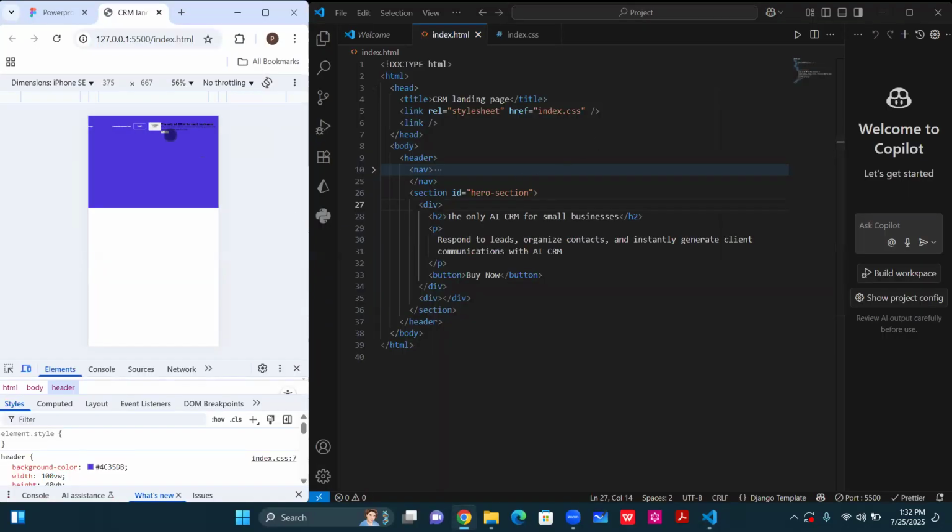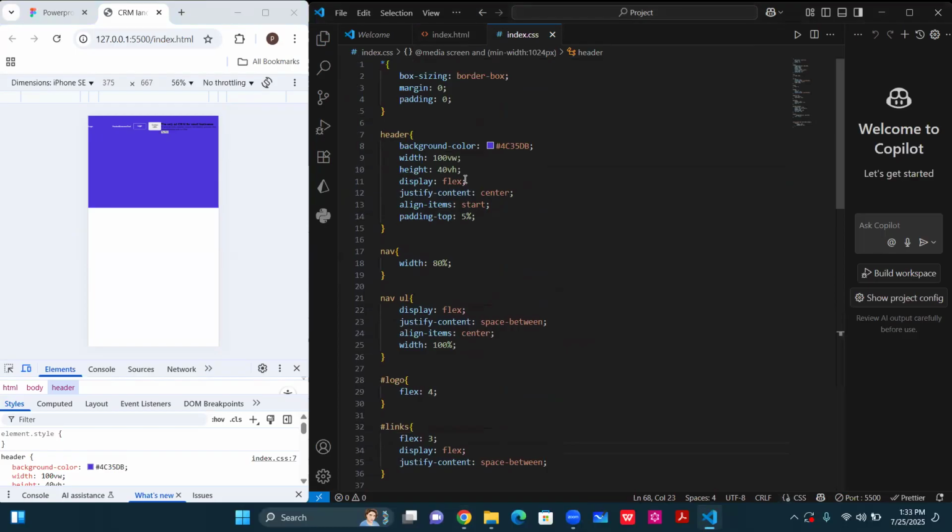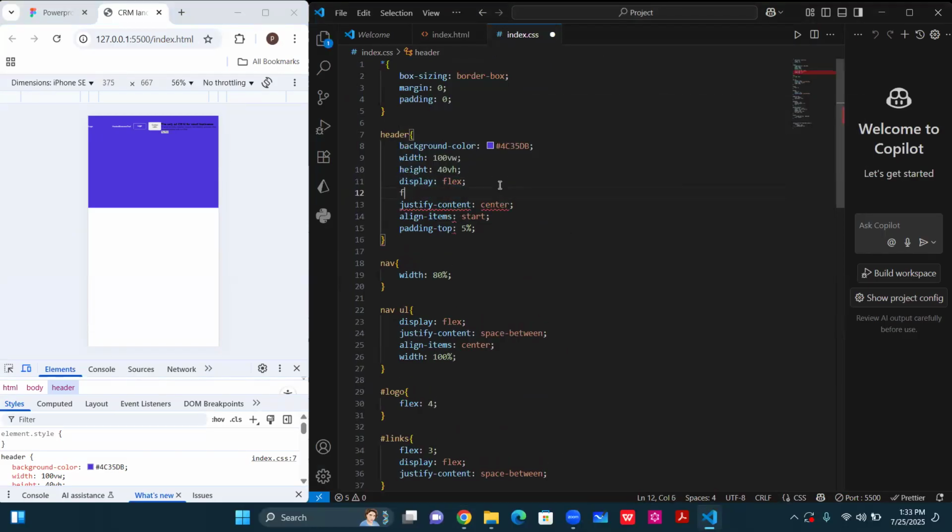Okay, so you see we have, look at where this guy is. This is interesting. Now you can see how this thing is placed. Remember we said that the header is a flex box, and by default, the flex box is in row. That is why we have it side by side. So if you want it to stack on top of each other, let's go back to our header. Display flex, then flex direction will be column. So once I save it,